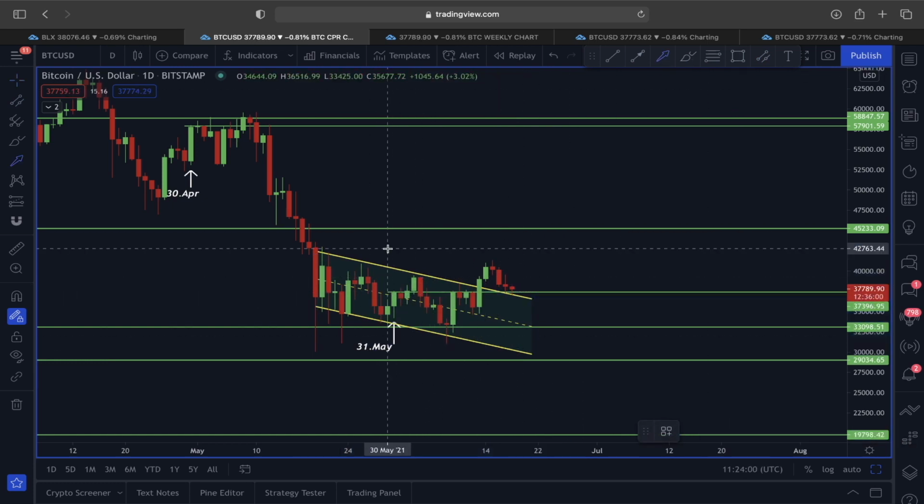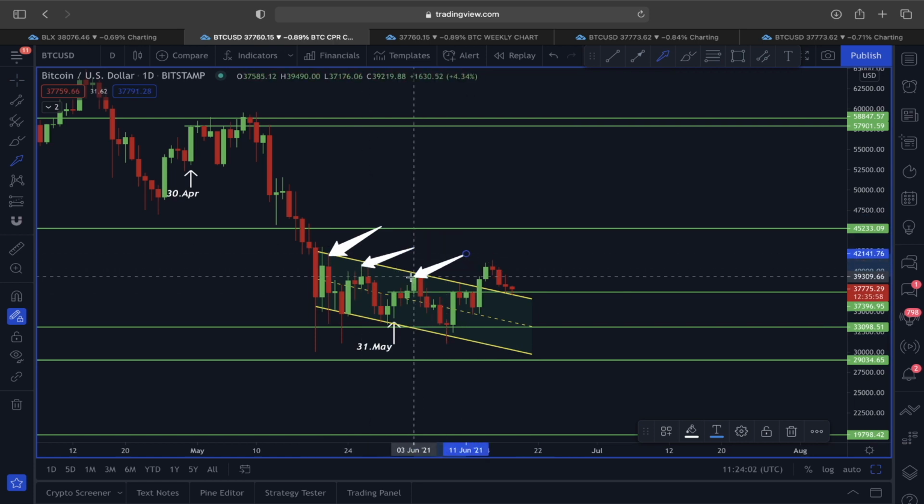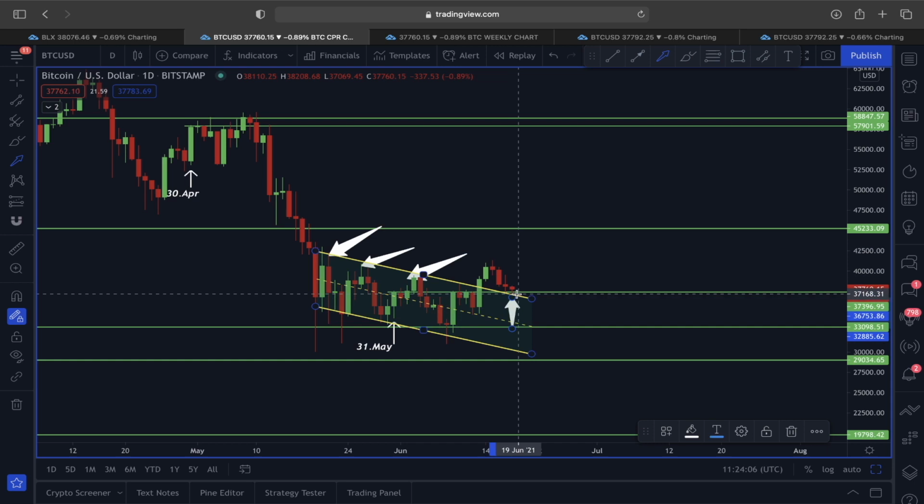of May, but also this upper line area from this descending channel that previously acted as a strong resistance. So now around this 37,000 we have a strong support from this upper line area of the descending channel, and also this monthly candle close level of 31st of May. So that's why, guys, we are not allowed to break here to the downside, because if that is going to happen, then as I said to you, 33,300 is going to be our next potential target here to the